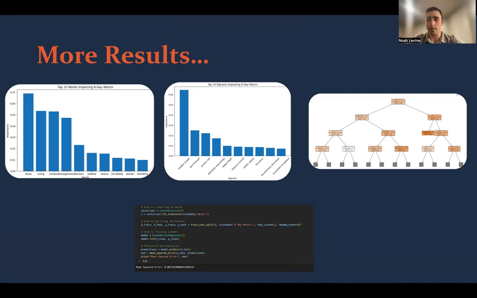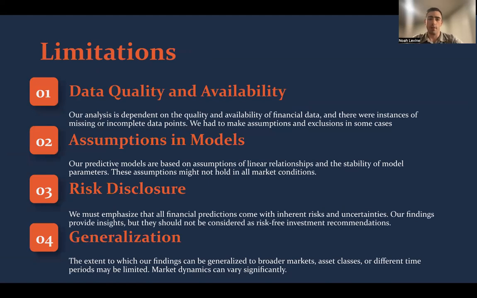But like I said, there are a lot of limitations, and one of these is the data quality and availability. Especially when it comes to Bloomberg, there's missing CDS data, especially when you're gathering it from the CDX index on Bloomberg. During some years, some of these CDSs weren't even in the CDX, so there were a lot of missing dates and missing spreads that we had to remove from the frame, which really eliminated a lot of the training data set we could use.